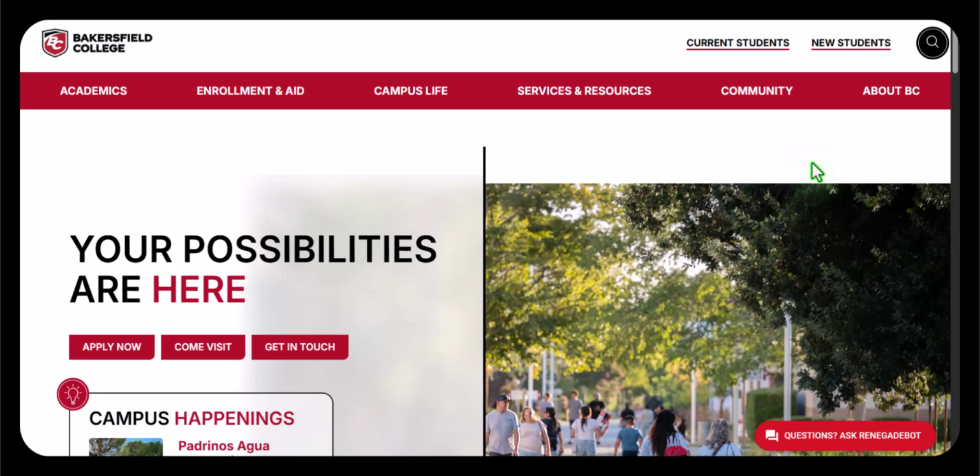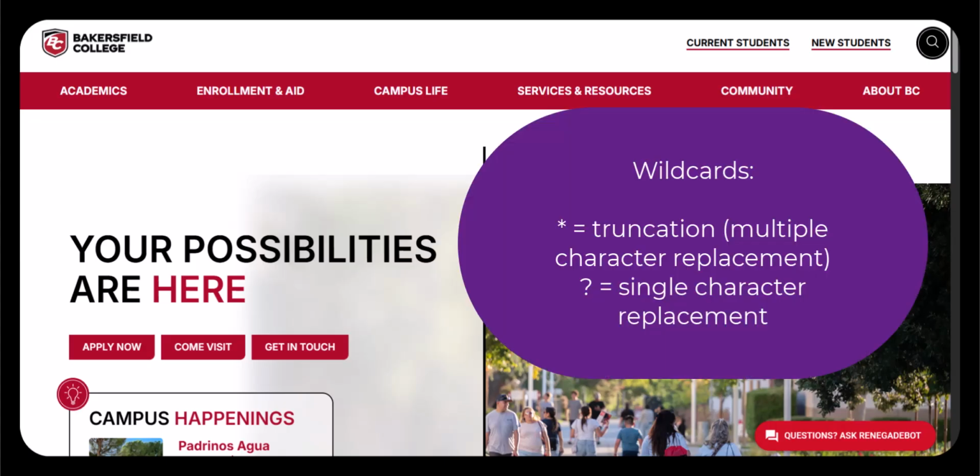Hello everyone. In our final OneSearch tutorial, we'll introduce you to wildcards and truncation. Wildcards let you search for variations of a word with a single query. By using symbols like the asterisk or a question mark, you can capture multiple spellings or word endings at once. This will save you time and ensure that you don't miss results just because an author used a different form